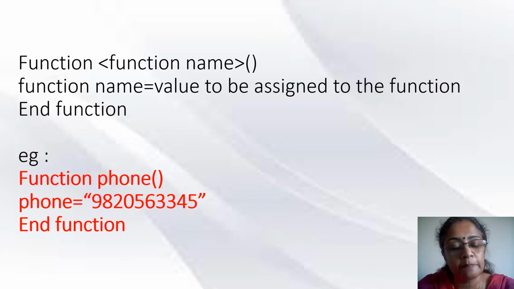Now you will understand this better if I give you an example. So I am going to write a function. For example, sum is a function name, average is a function name, max is a function name, min is a function name. In the same way, I am going to create a function called phone with open and close parentheses. In this I am going to give my phone number and End Function. So whenever I call this function called phone, it will display the phone number. How we are going to do this practically, I am going to show you.